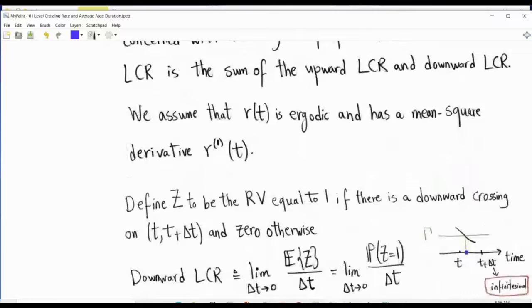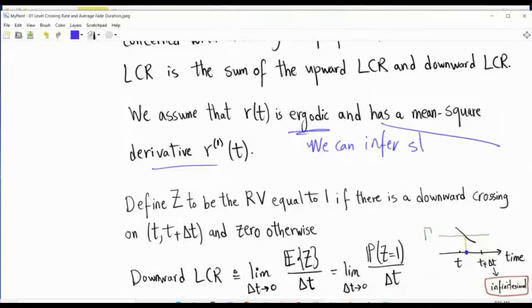Now, you need assumptions. As usual, from the very beginning of this course, we are making lots of assumptions. To study the level crossing rate of a random process, you need it to be nice and well-behaved. So we'll assume that the process actually has a mean square derivative and that it is ergodic. Ergodicity is a notion that is stronger than stationarity. The ad hoc definition of ergodicity is that we can